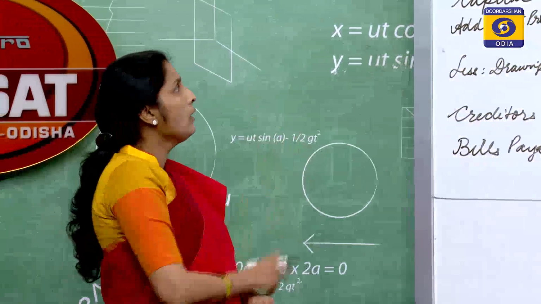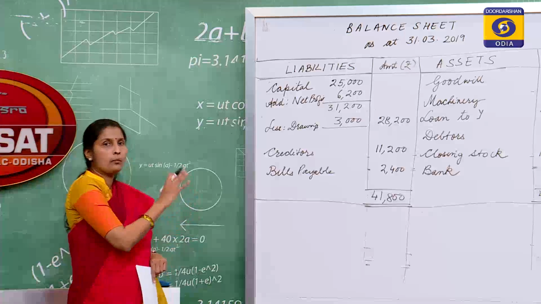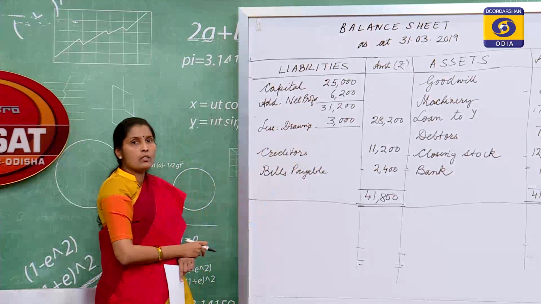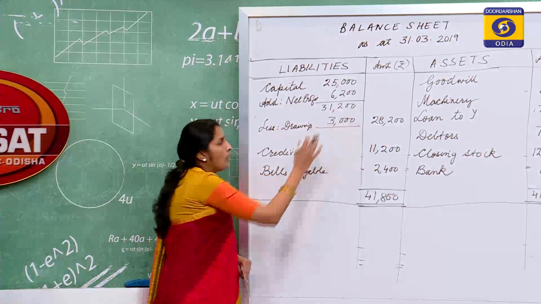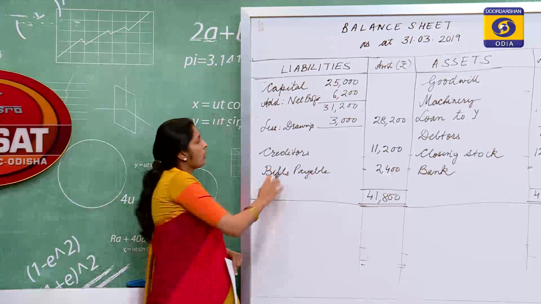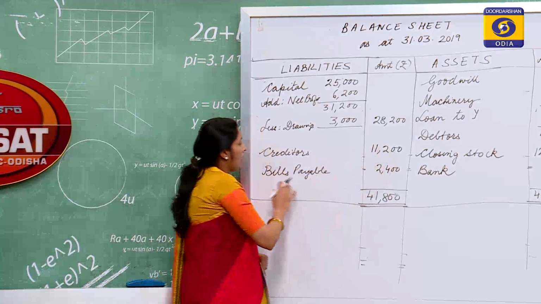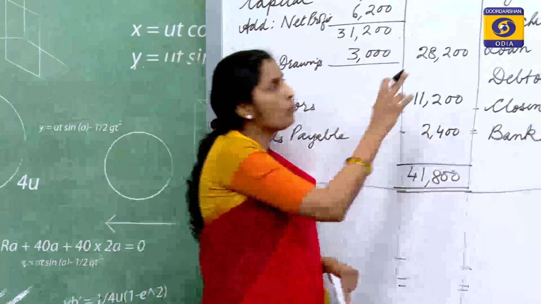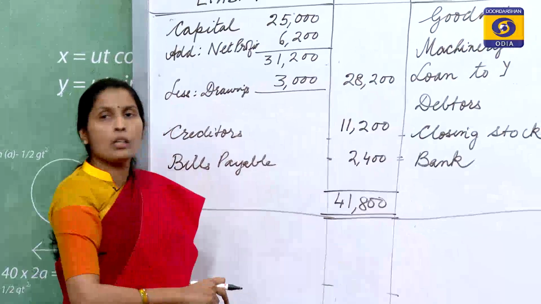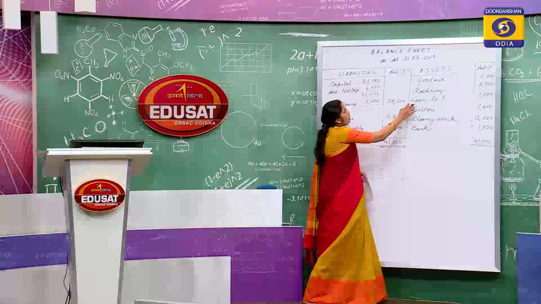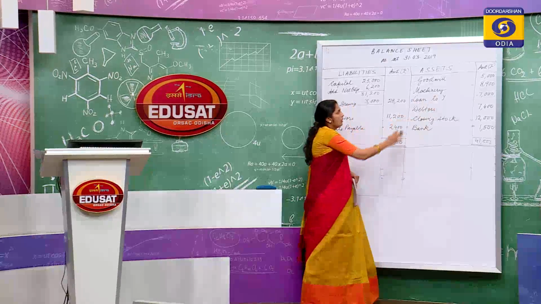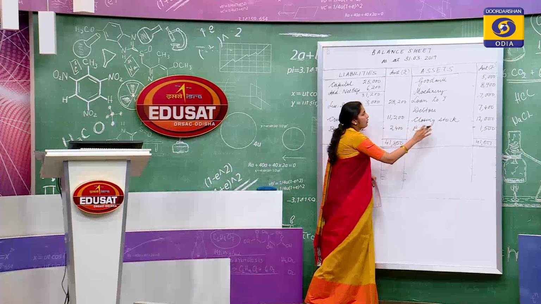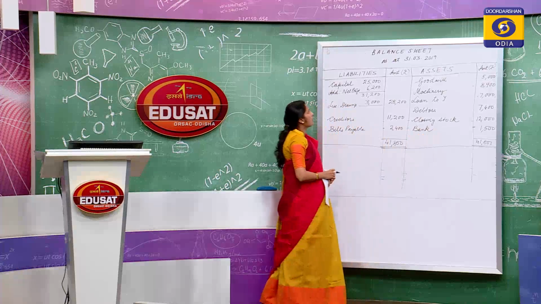On the liability side, we started with capital, we added net profit to the capital of 6,200 and then we deducted drawings therefrom, which gave us 28,200. Then we have creditors, that is 11,200, and bills payable 2,400. We went to the asset side. On the asset side, we had goodwill of 5,000, we had machinery of 8,900, then loan to Y 7,000, debtors 7,400, closing stock 12,000, bank 1,500, and the total, as we can see on the liability side and the asset